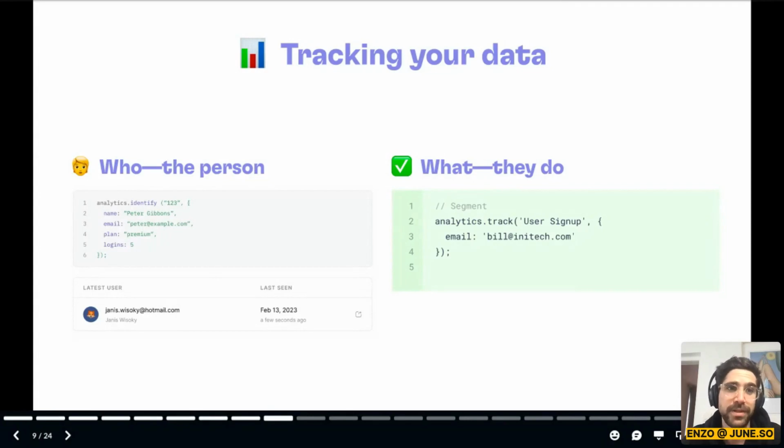So the minimum information you want to pass is an identifier, so a number, and then usually a first name, last name, or an email. If you're in a regulated industry, sometimes you're not going to pass this personal information, but for most companies, you're able to do it. On the right hand, what you see is called a track event,